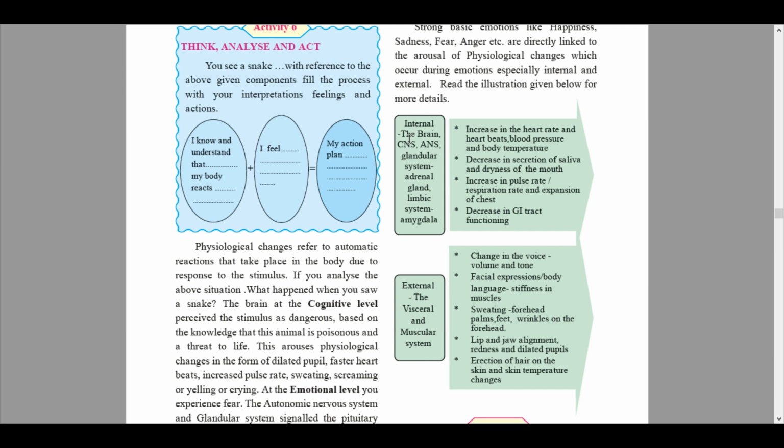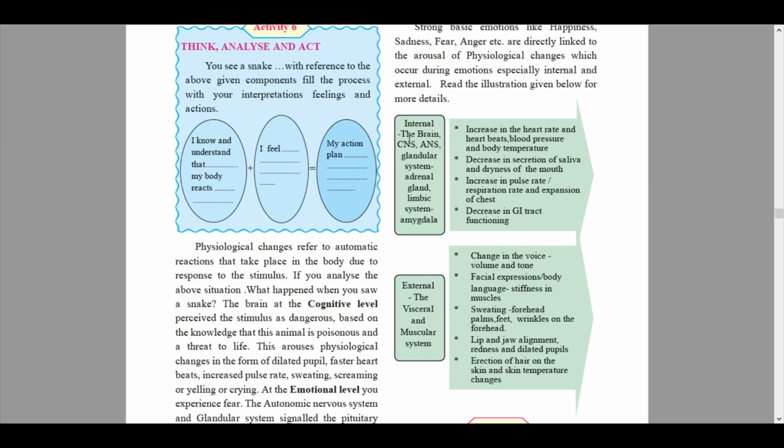Increase in the heart rate and heartbeats, blood pressure and body temperature. Decrease in secretion of saliva and dryness of mouth. Increase in pulse rate, respiration rate and expansion of chest. Decrease in GI tract functioning. This was our internal ones. Then we move forward to our external, the visceral and muscular system. Change in the voice, volume and tone, facial expressions, body language, stiffness in muscles, sweating of forehead,